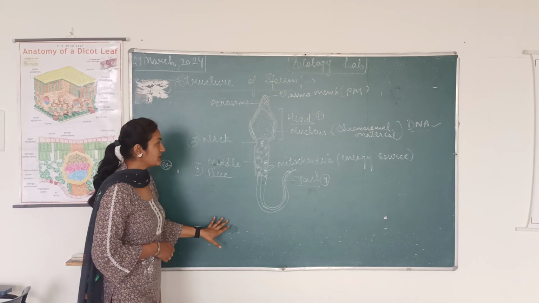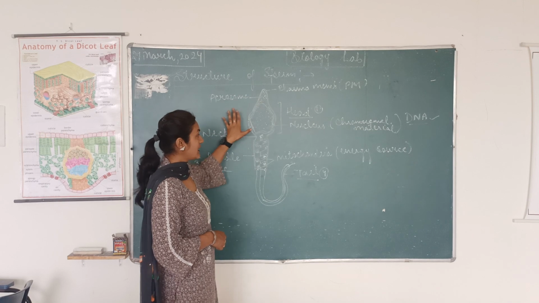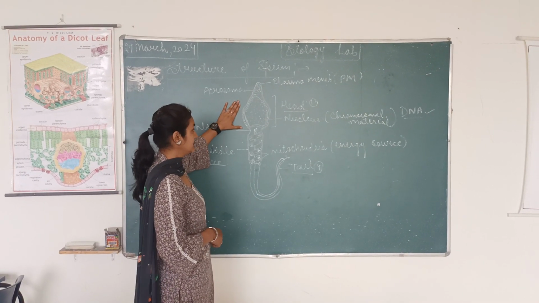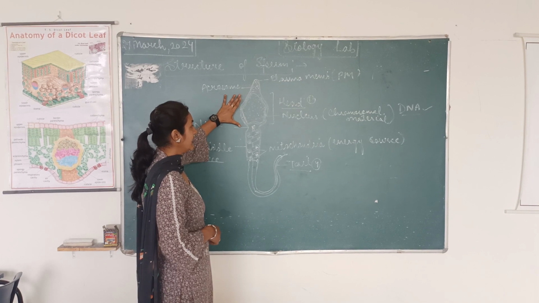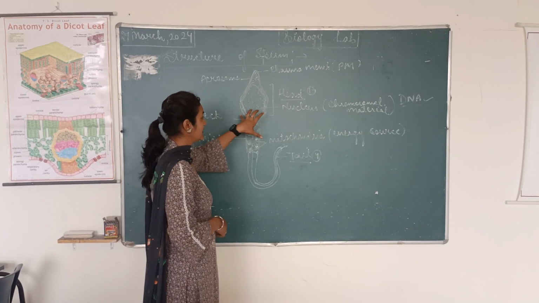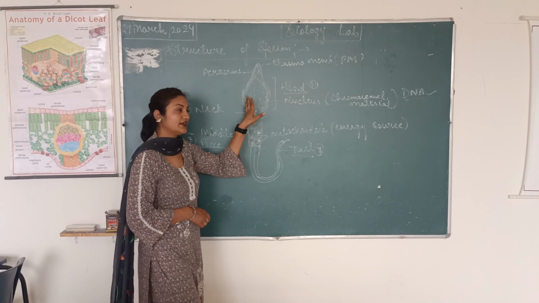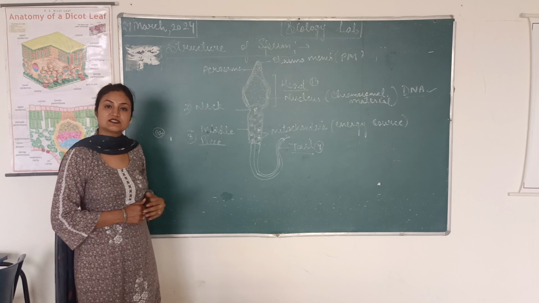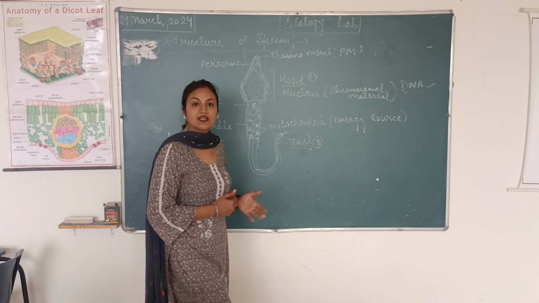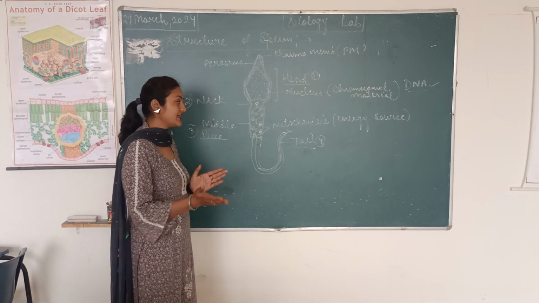The whole body of the sperm is covered by an outer membrane named the plasma membrane. This is the outermost covering of a sperm. Inside the head, this elongated cylinder, the whole part, is named the nucleus. The nucleus contains genetic material named DNA, which carries chromosomes, the genetic material of the body, which is responsible for the transfer of factors from the parents to the next generation.